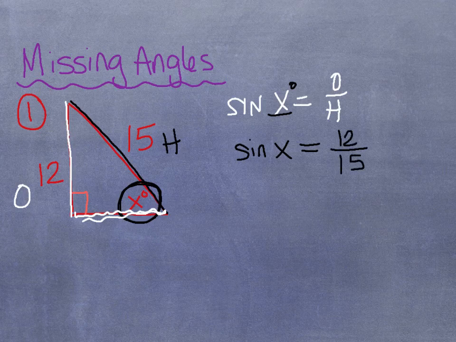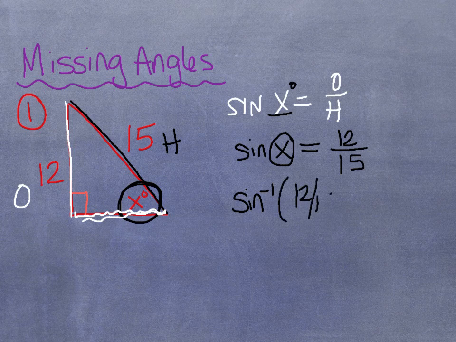So recall from the last class, I showed you how to put this in your calculator. So we need to solve for x right now, and it has the sine with it. So in order to get rid of the sine, we have to take sine to the -1 degree. So we're going to do the sine of -1 and then 12 over 15. So in your calculator you have to hit the second key and hit the sine button so the sine of -1 pops up, and then type in 12 divided by 15 in parentheses and hit enter. When you do that, you will end up getting